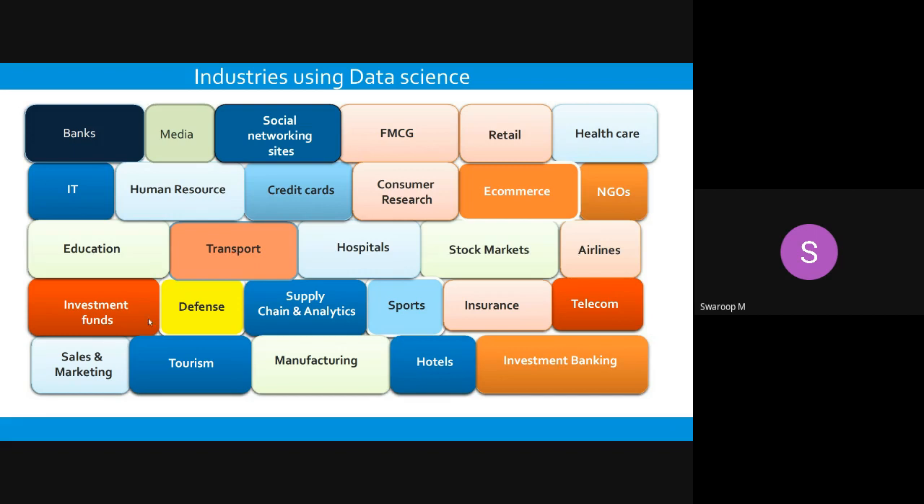E-commerce, investment funds, defense, supply chain analytics, sports, insurance, hotels, manufacturing, tourism, sales and marketing, everything, whatnot, everywhere. So where the data is floating or being utilized or generated, there definitely the help of data science could be there, right? Because in the banks, if you want to take a loan, right,